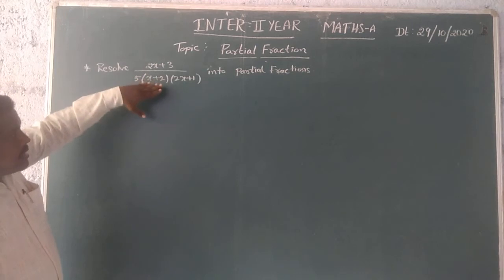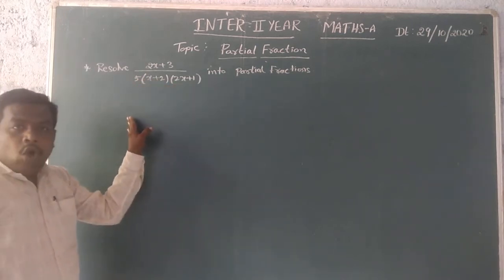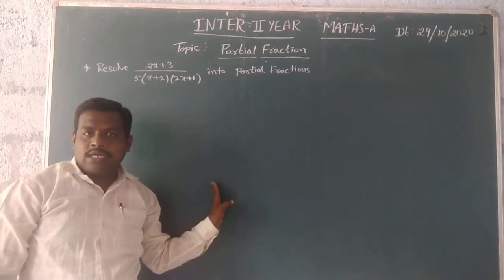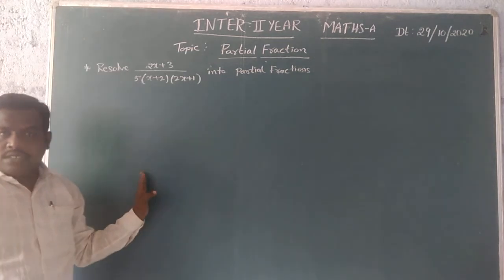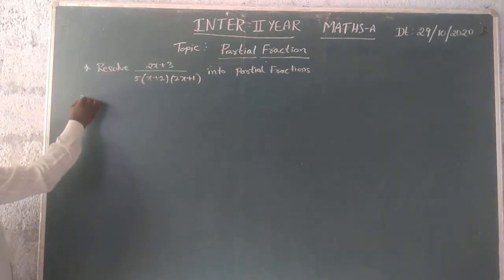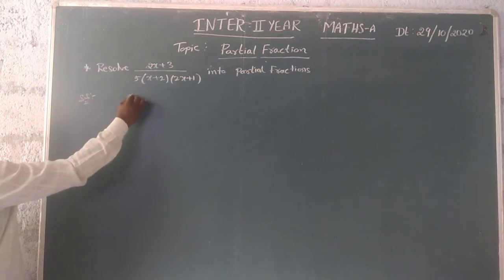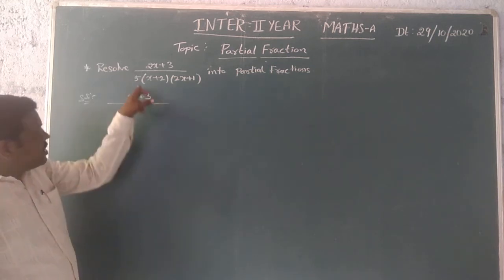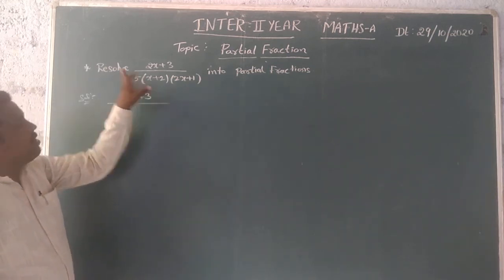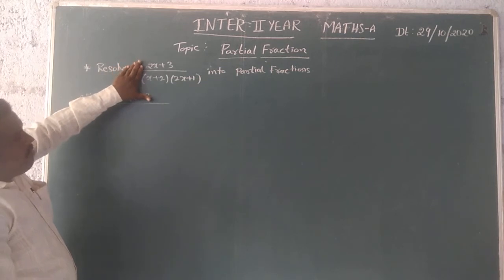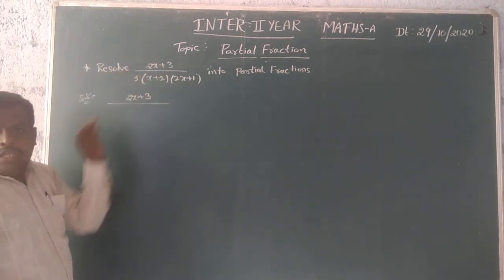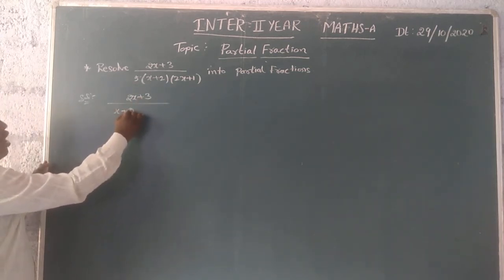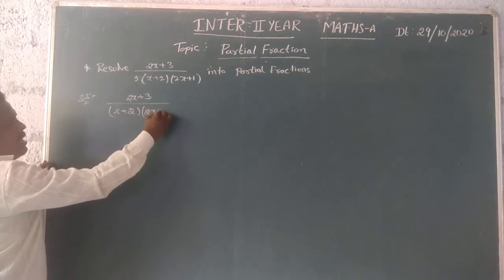Okay. And the denominator g of x contains how many factors? There are 2 factors. These 2 factors are linear factors and non-repeated factors. In the given fraction, the denominator 5 is a constant term. So, first of all, except 5, the given fraction can be written in partial fraction form: 2x plus 3 by x plus 2 of 2x plus 1 is equal to,